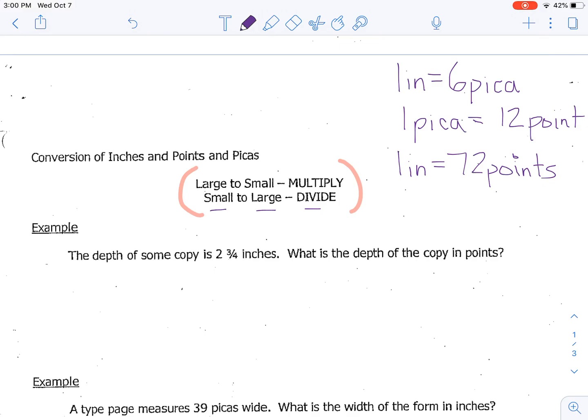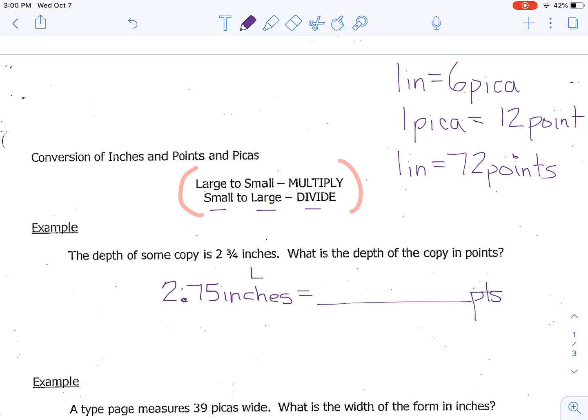So here's an example. It says the depth of some copy is 2 3/4 inches. You guys know me. I always want to turn everything into decimals because I don't like fractions. So 3/4 is 0.75. And if we want to make that into points,